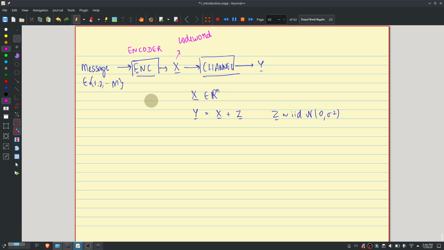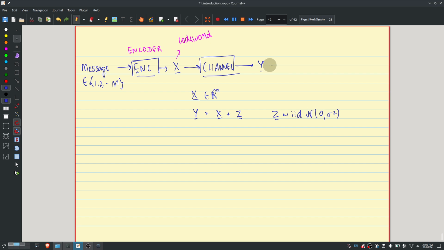is again designed beforehand. So given any message, so someone tells you that you want to transmit this particular message, you think of the messages being one of m possible files. Or if you want to transmit, let's say, k bits, then there are 2 to the k possible messages and you want to transmit one of these. Any k bit string is one particular message. Now for each k bit string or each message, there is some particular code word that you are going to transmit, and this is decided beforehand.